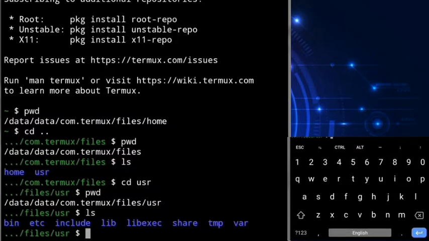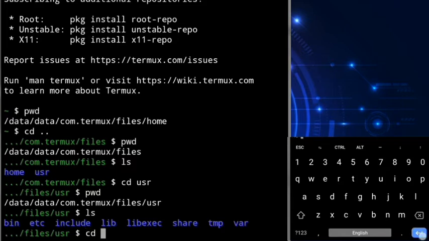To change your directory to the home directory, you must be thinking I need to go back to the files directory and then change my directory to the home directory. Yes, you can do it like that too. But there is a very simple command that will change your working directory to your home directory no matter where you are, and that command is the cd command.